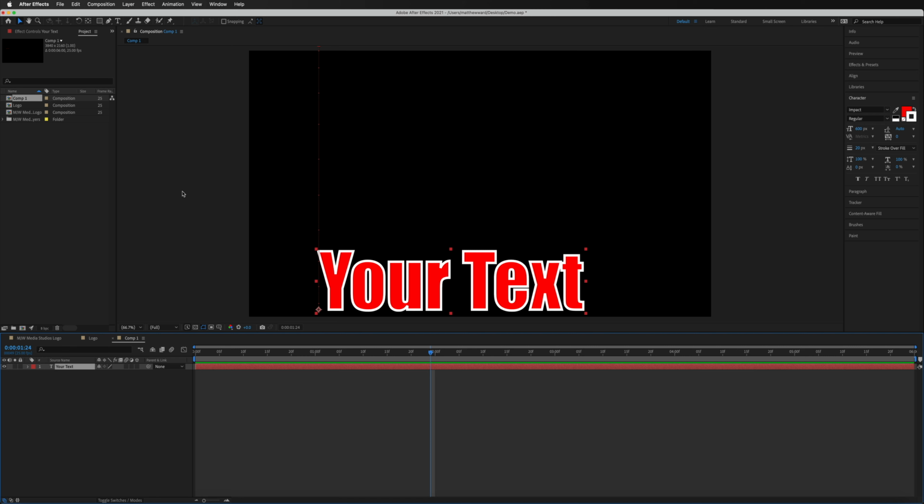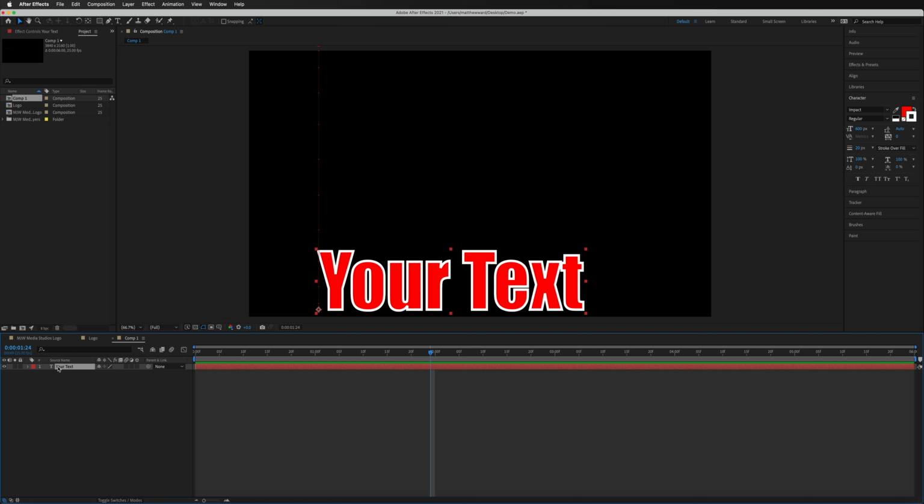And that is going to be down here inside of our timeline on our layers. At the moment, you can see that our Your Text layer is highlighted, as that is going to be in a lighter gray than the background. So what we need to do first is deselect this layer, and you can do that by tapping anywhere inside of the darker area. The reason this is important is because if we start to draw a shape on top of this layer while it's highlighted, that is going to act as a mask, just like it did when we came to cut out our logo.